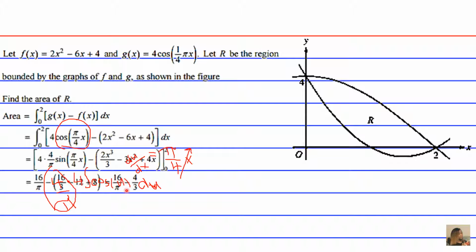That further simplifies to 16 over pi minus 4 over 3. And this is our answer. You can do the math here if you want to, but this is a fine way to express the area of the bounded region R. So it's 16 over pi